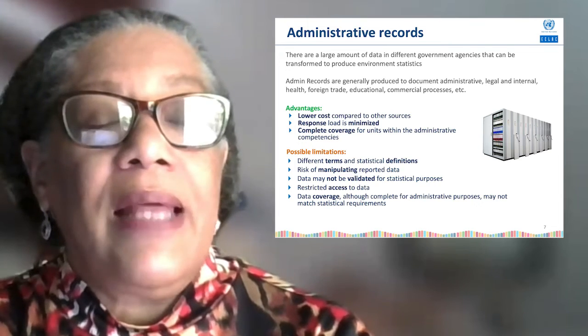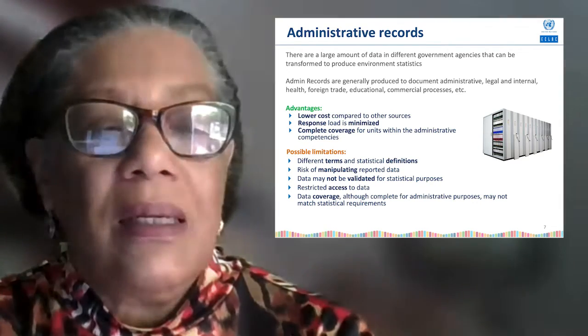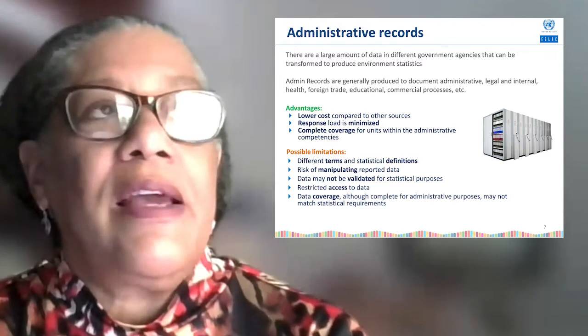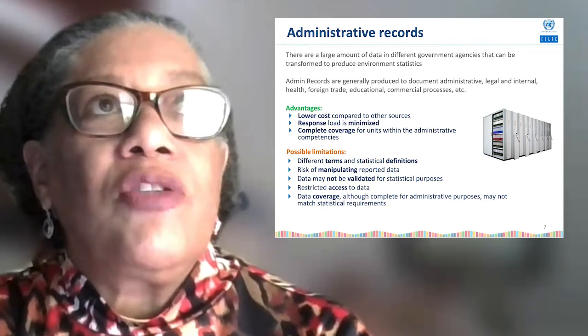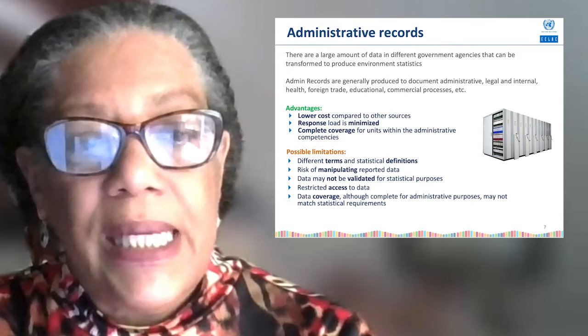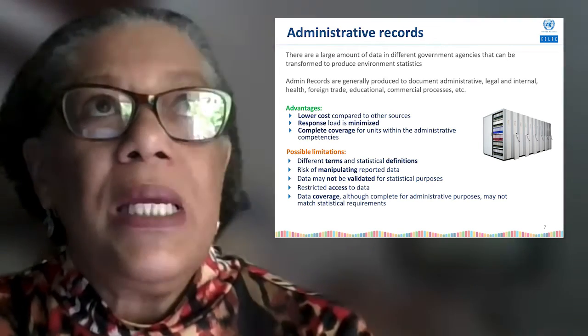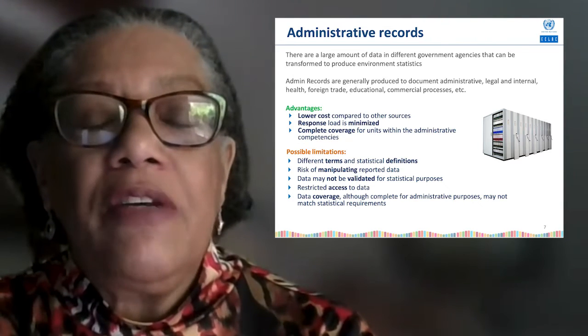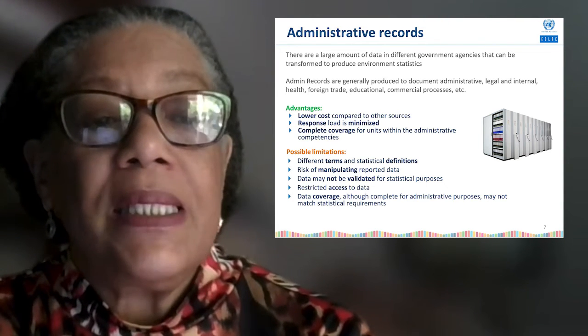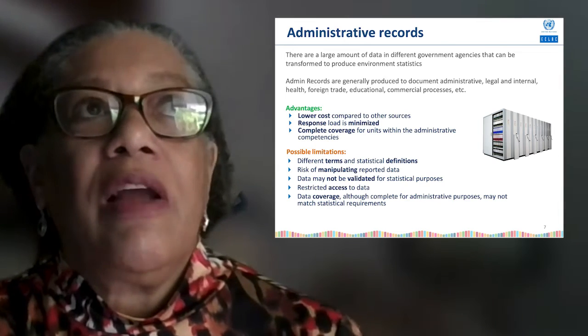For environmental records, you may find that there are sometimes restrictions on access to data, as well as the data coverage, although it may be complete for the administrative purposes, may not match the requirements needed